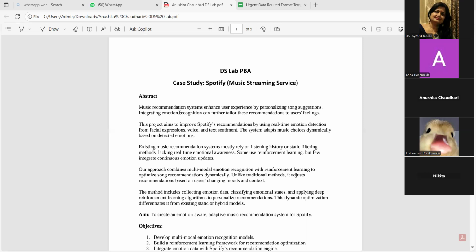Now, this was an abstract format which I had shared in the group. As per the points, this abstract is made. Am I right, Anushka? Yes, ma'am. Okay, so even though I've shared the format of abstract, which is actually